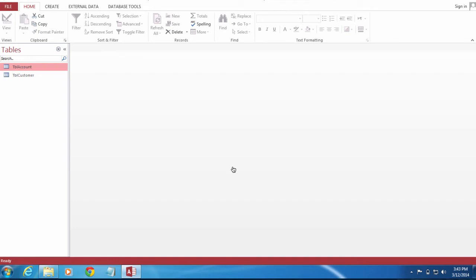Welcome back. In this tutorial, we will try to make some additional tweaks to the tables we've already created, and we will also start entering some data into these tables. While we enter data into these tables, we'll also discover some of the built-in quality constraints or integrity constraints